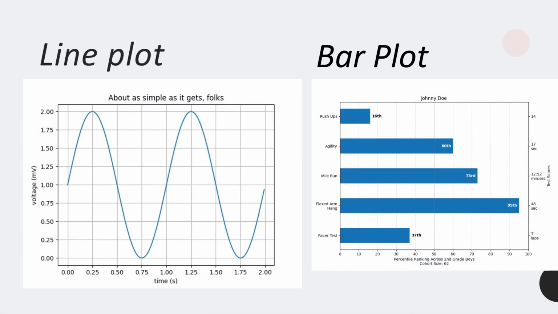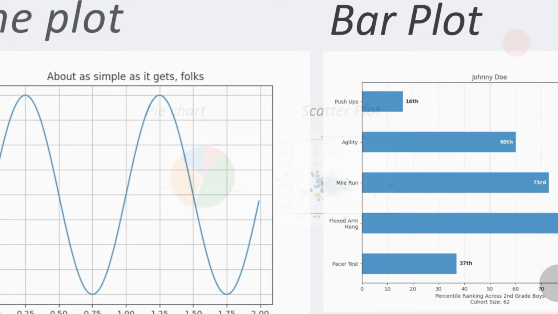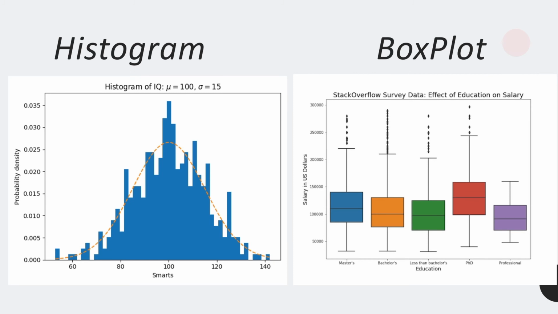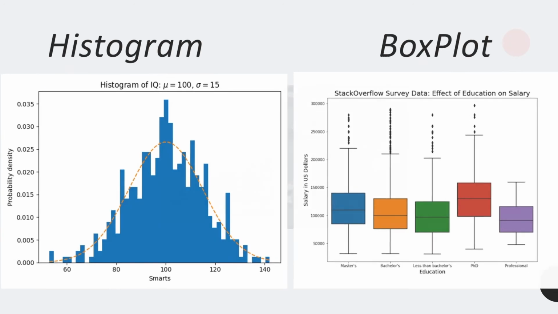Now different types of plots. There is a line plot. This is a bar plot. It looks curvy, while we have made a straight line. It may be curvy, it may be a bar, it may be a pie, it can be a scatter plot, it can be of different colors, it can be a histogram, it can be a box plot. There are various varieties, not only these, there are more than that, and we can even use images, but they are all beyond the scope of our course.